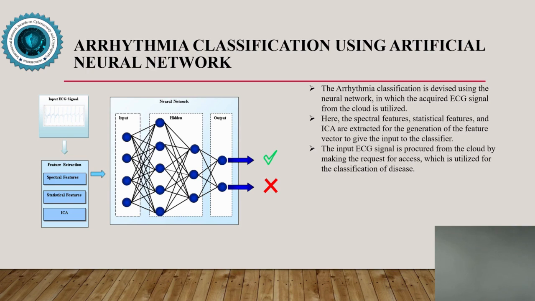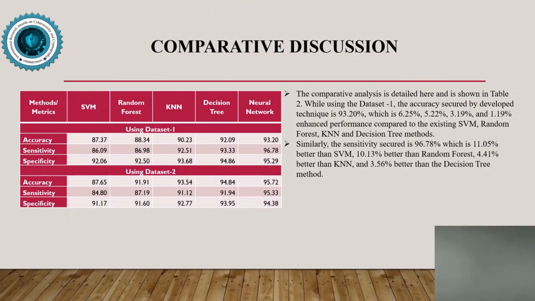So this arrhythmia classification is devised using the ECG signal from the cloud, and the spectral features, statistical features, and ICA are extracted for the generation of the feature vector, which is given as the input for classification. As the ECG signal is produced from the cloud, which we saw earlier in the cloud receiver, the receiver receives the ECG signal and requests access, which is utilized for the classification of that particular disease. After comparing all the models by the arithmetic operations and the algorithms, by generating the figures, we get the data,